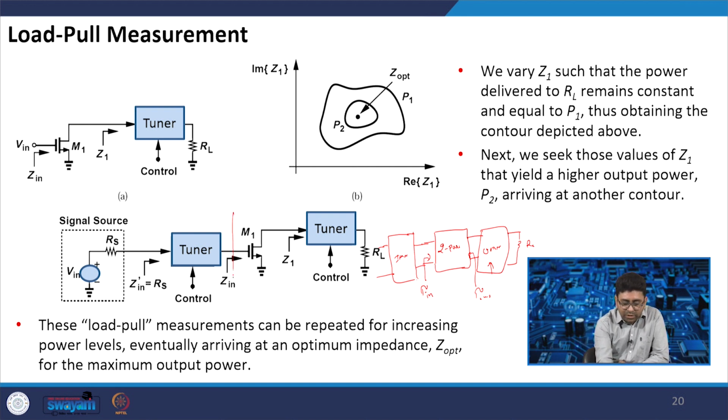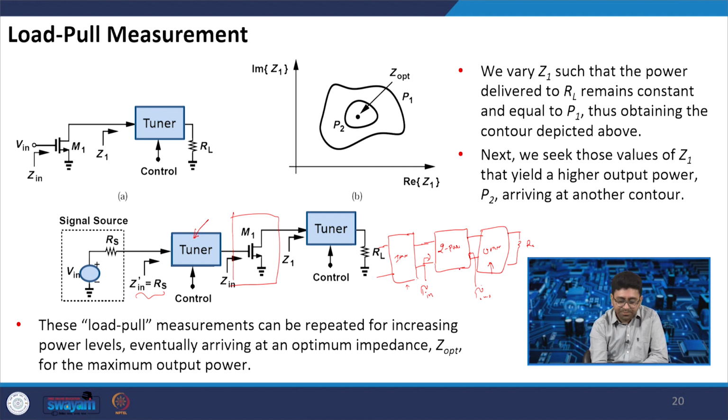This is a two port network, and there is a tuner which will change the input matching network reflection coefficient, and a tuner at the output. Here RS is a constant, but it is considered as an impedance, though we can also consider it as a reflection coefficient, gamma in